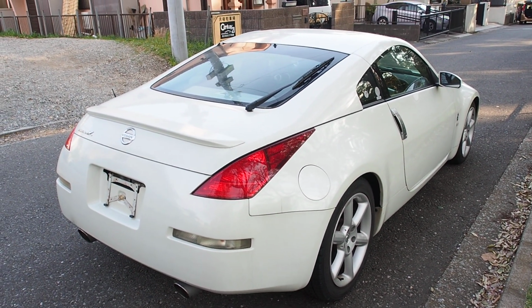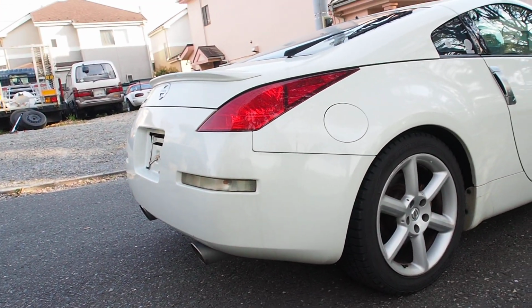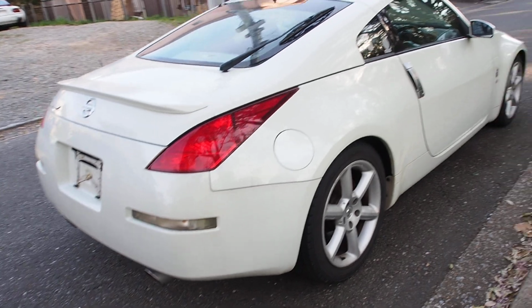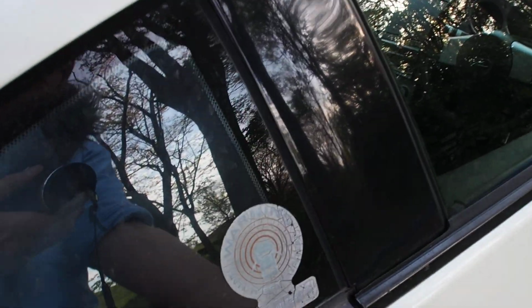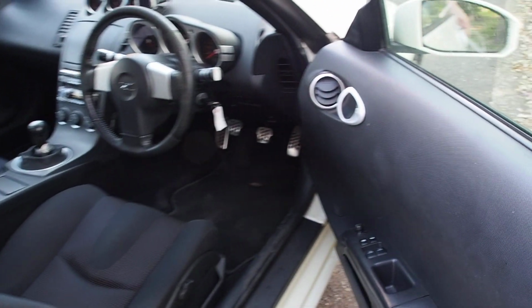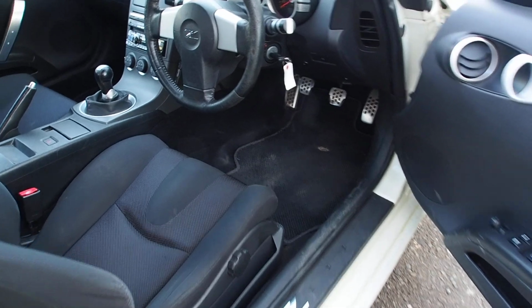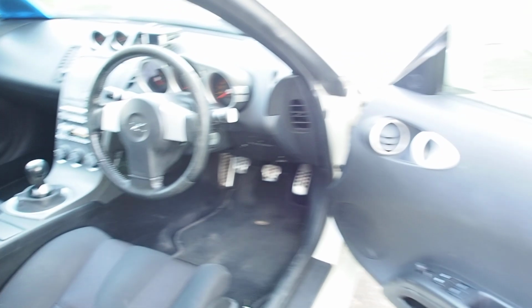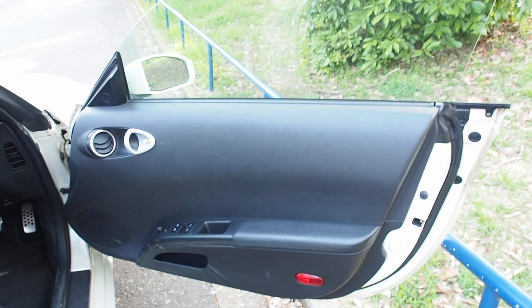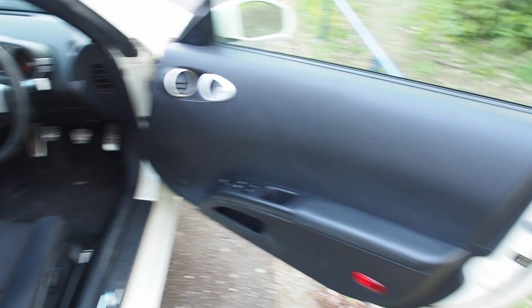That's original wing on the back there. And I like the styling of it. I prefer the styling of the later generation ones, but these come in at a much lower price than those ones, and I prefer these ones in terms of drivability. The newer ones, they don't feel as fun to drive for me, even though they have a 370, 3.7 liter engine instead. The interior, you know, if I had a perfect car, I would pick a different interior, but